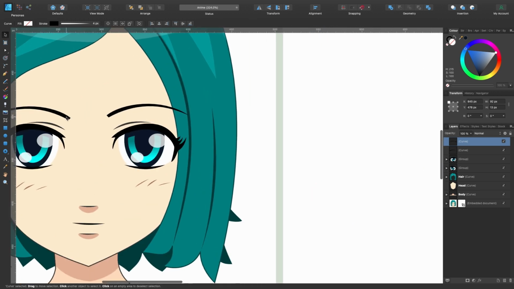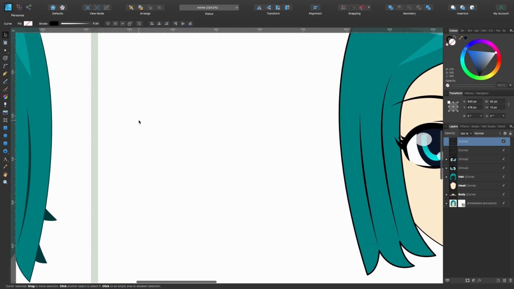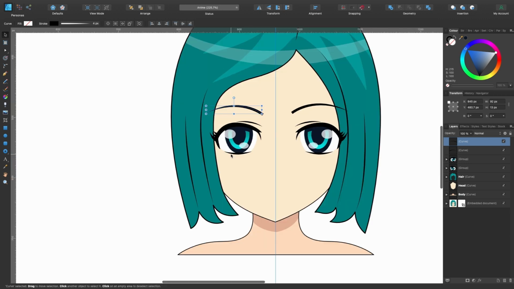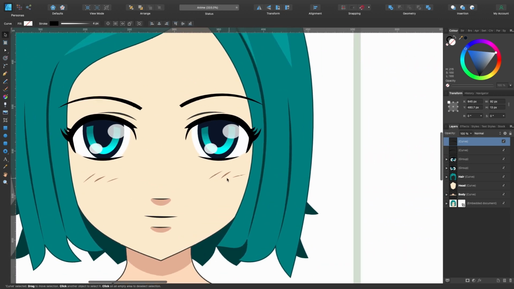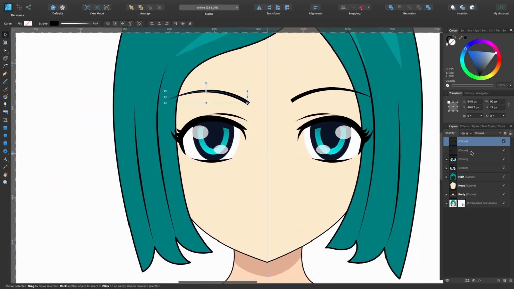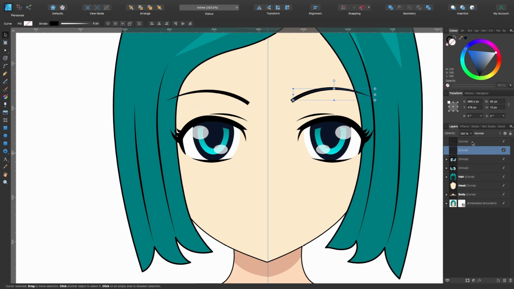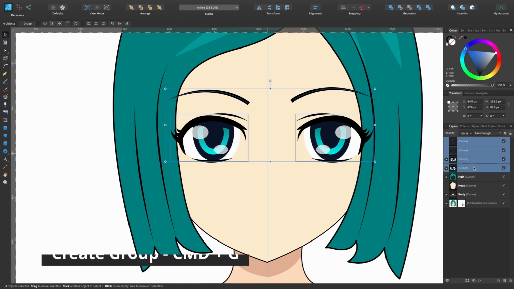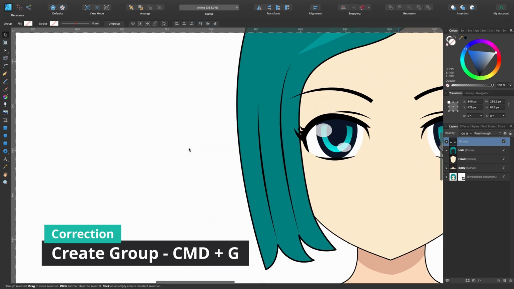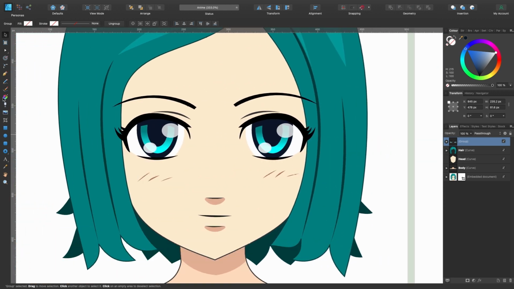On that one, it looks like that's a little bit lower than this one, so we will copy that. I'll just bring it down a tad. Okay, so what we're going to do next is these little bits. We've done these before, so I'll just speed through that. But before I do anything, let's grab all of our eyebrows and eyes, and I'll press Command J to keep them all there so I can move them around if I need to. And let's go ahead and create these streaks here.